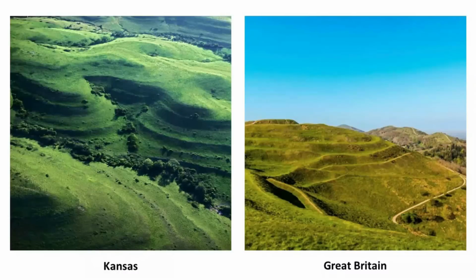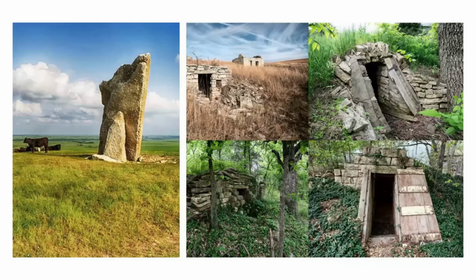What I find interesting about the landscape of the Flint Hills is the striking similarity to what is found in the landscape of Neolithic Britain, the beginning of which is dated back to 4000 BC. And not only is the landscape between the Flint Hills and Neolithic Britain similar, on the left is Teeter Rock, said to be a monument erected for James Teeter, the landowner located near the former Teeterville and Teeter oil fields